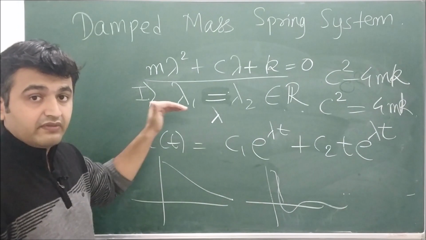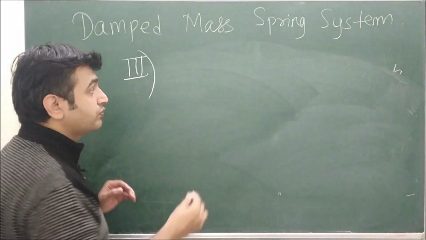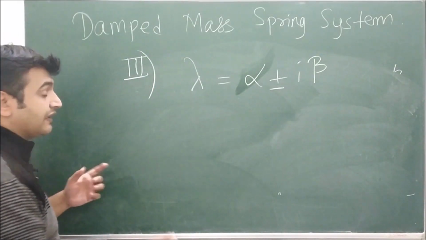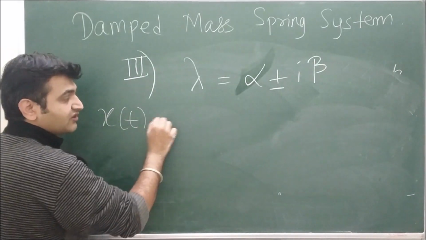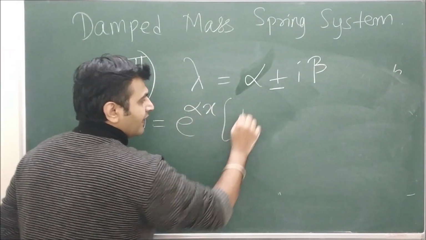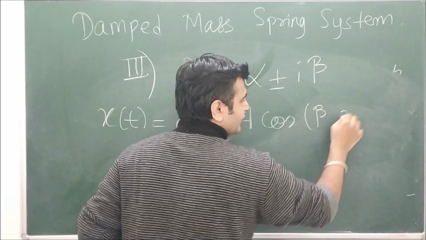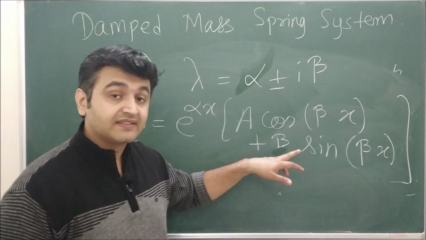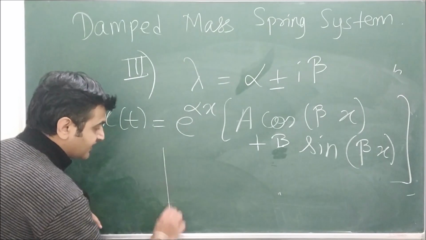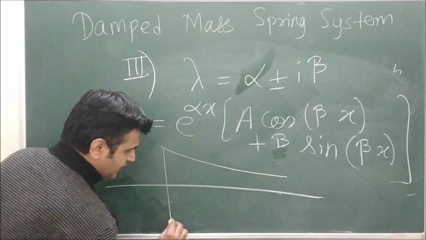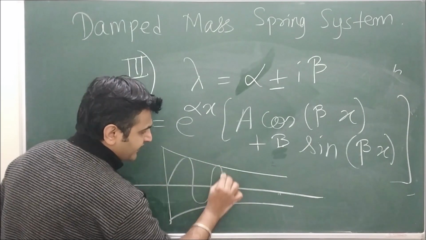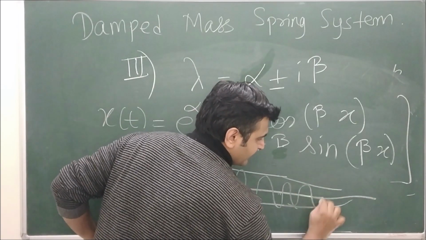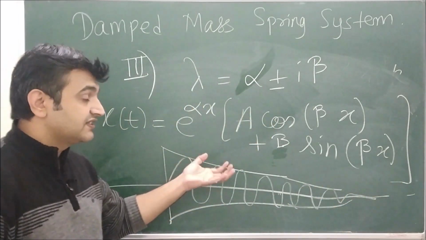Okay, now let's come to the third one, where the roots are complex. Roots are complex means what? Your lambda is nothing but, say, alpha plus minus i beta. Now when you have complex roots, we have seen earlier that the general solution is of the form e raised to the real part times x, into a cos of the imaginary part times x plus b sin of the imaginary part times x. So this is how the general solution looks. And now here you can see you have sine and cosine, and when you try to sketch the curve, it will be bounded by the exponential curve definitely, and ultimately your sine and cosine waves will come to 0. So this is called an underdamped system.